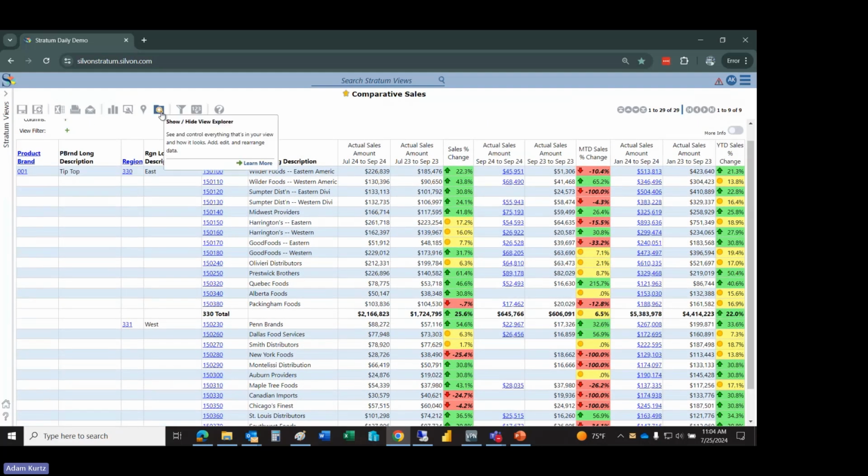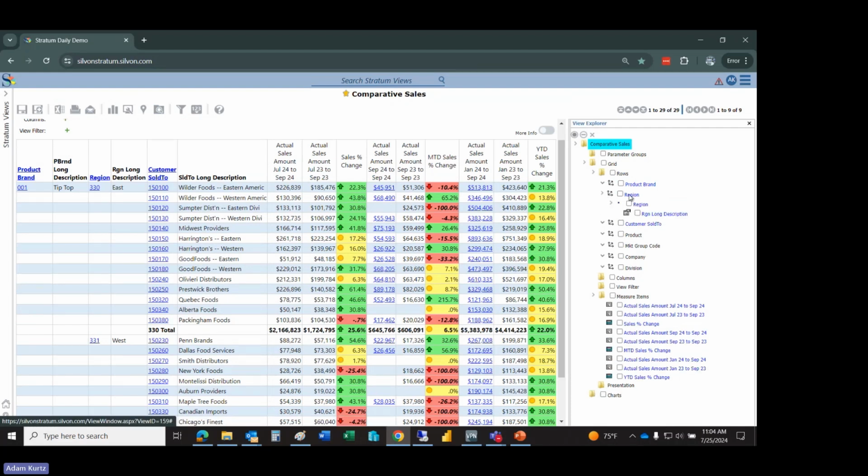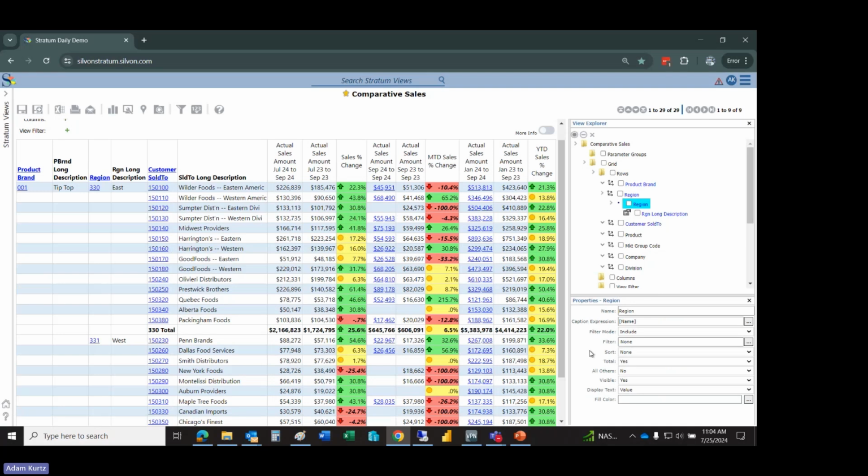If I open up my View Explorer, I can manage the different levels that are within the view. For instance, for customer sold to or for region, for any level I can right click and select properties, and then it will allow me to filter or manage some of the different features available here, such as the totaling. So if I want to turn totals off,